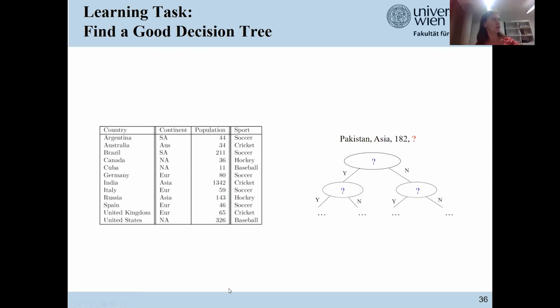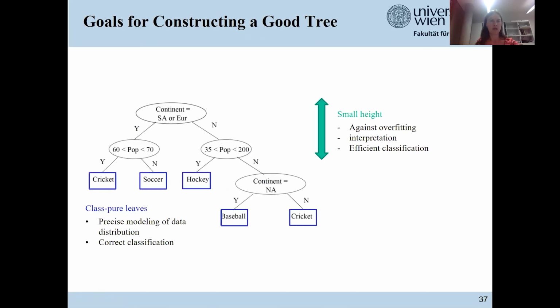And now we are looking for an algorithm which constructs a good decision tree from the training data. So the task of learning is to find a good decision tree from a given data table. We need to select what is inside the inner nodes, and we need to select how to build the tree. And there are two goals for constructing a good tree. The first goal is that we want to keep the height of the tree as small as possible, for two reasons.